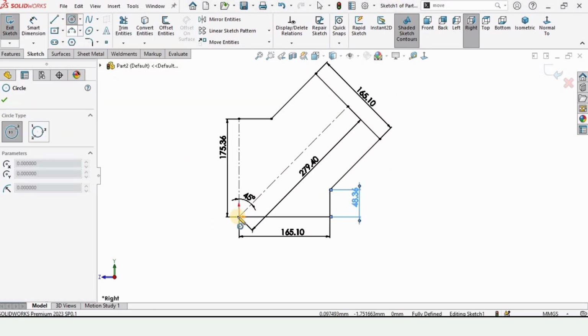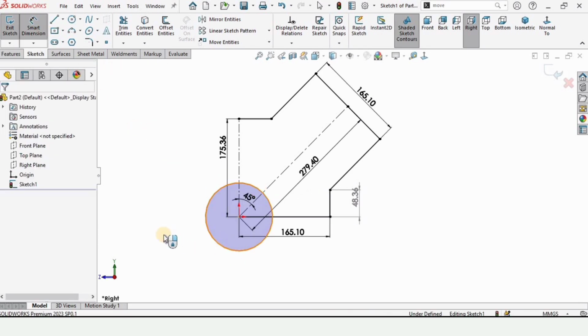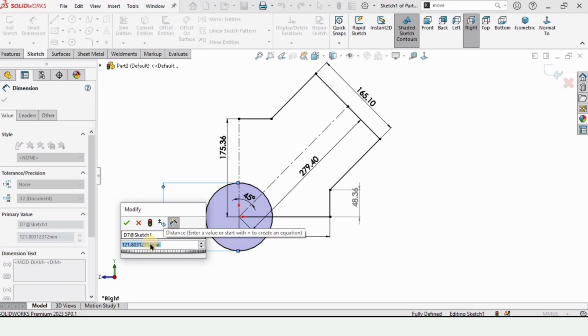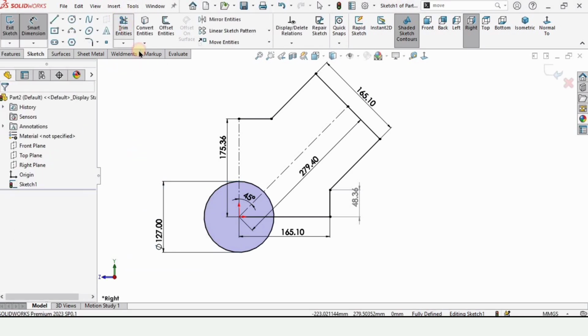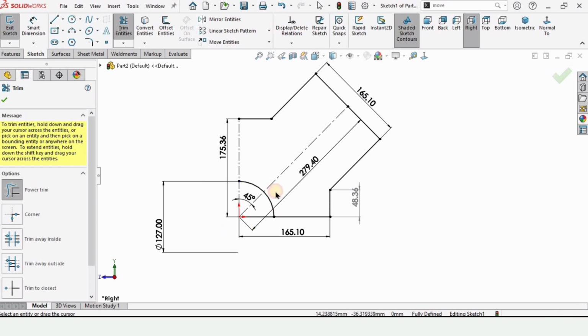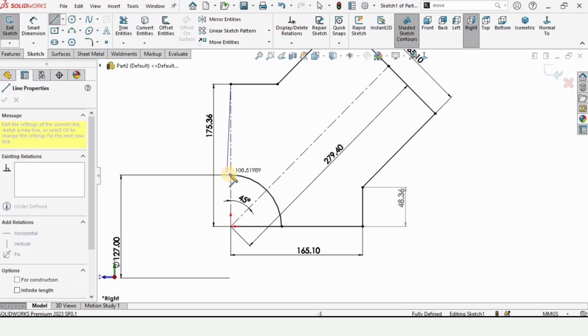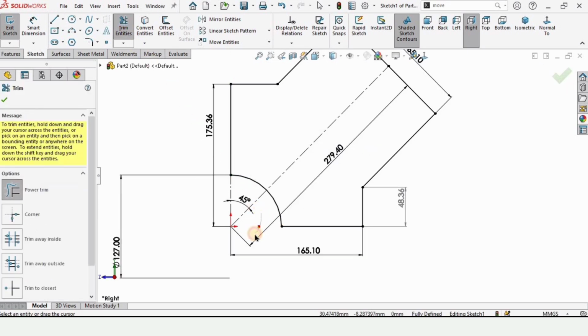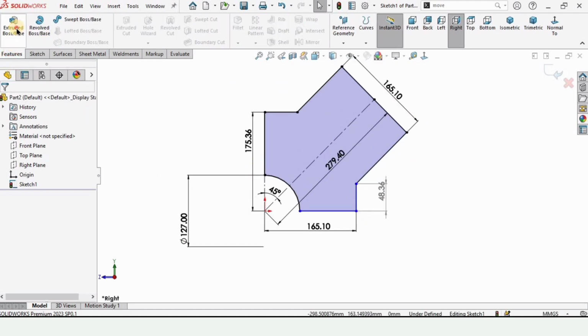Now select here circle and make a circle at this origin like this, and here specify the diameter 63.5 multiplied by 2. 63.5 is basically the radius. When we multiply it by 2 it would be converted into diameter. And trim the outer side arc, and let's complete this sketch by making this line permanent and trim this area as well. And as you can see, this area is turned into shaded one, which means that it is ready